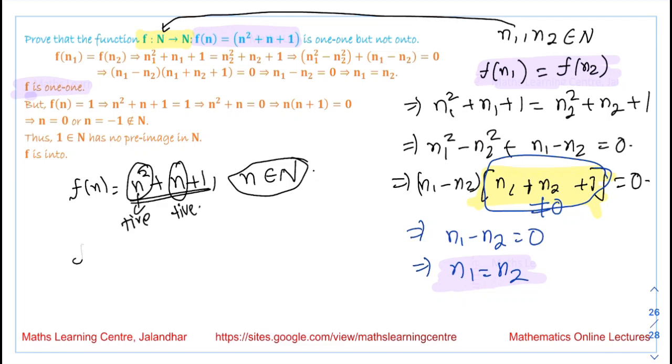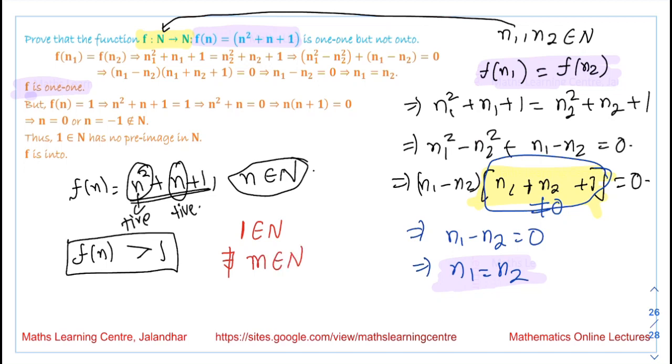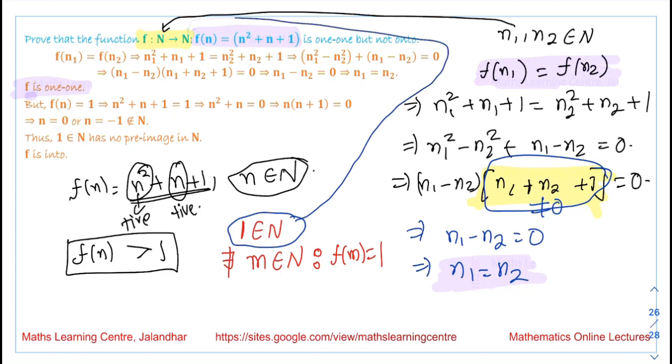It means the value of f(n) is always greater than 1. So if we consider the element 1 belonging to N, there does not exist any element m belonging to N such that f(m) is equal to 1. So we are saying there is an element 1 belonging to N, an element from the codomain for which we have no pre-image, or we are saying there is no element in the domain for which